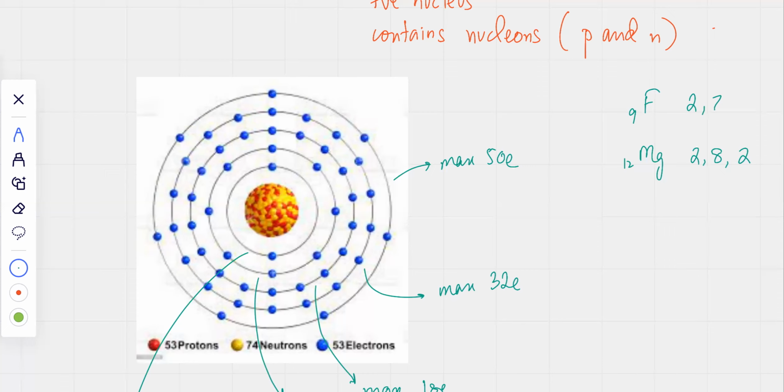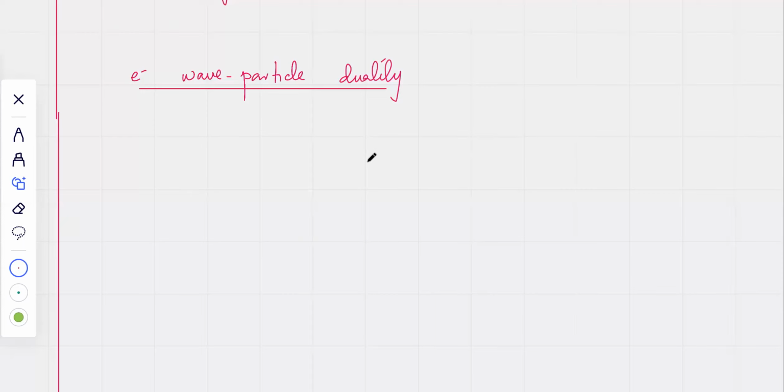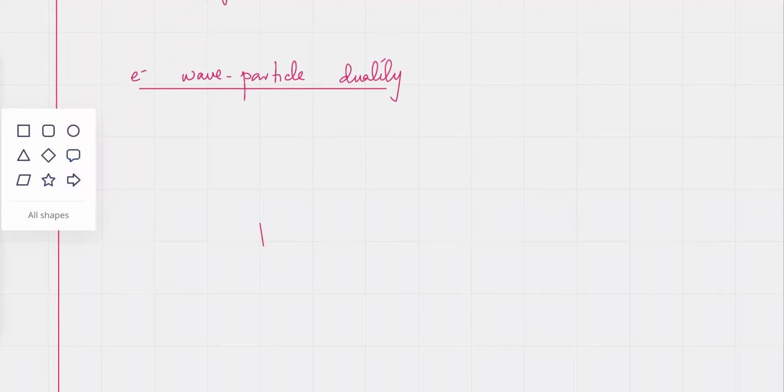So I'm just going to explain what's wrong with this particular image of an atom. We can start off with a hydrogen atom. I'm going to describe how a hydrogen atom would look. So the electron, and we can call it the wave particle duality, which you don't need to really go into a lot of detail about. Just the basic idea: how do you describe an electron? Do you describe it as a particle or do you describe it as a wave? So this is what happens, a hydrogen atom has one proton, and around that one proton,